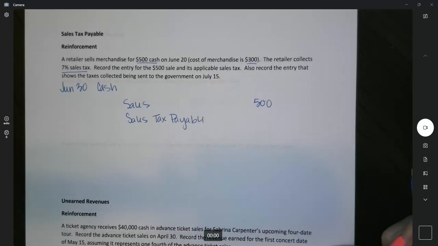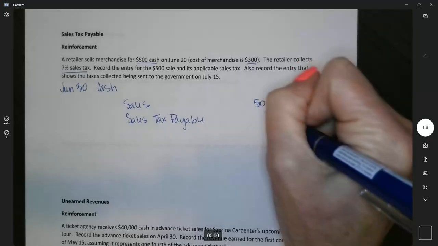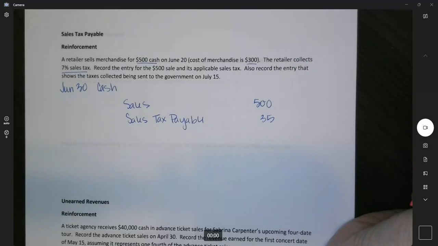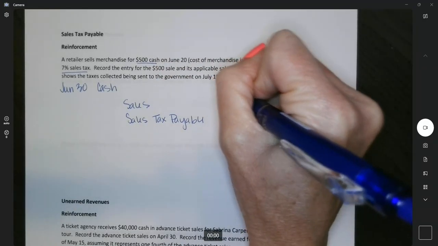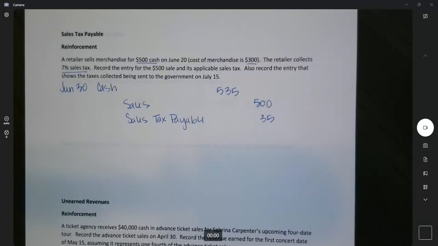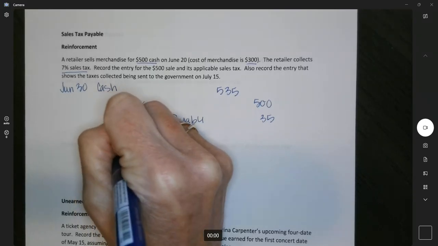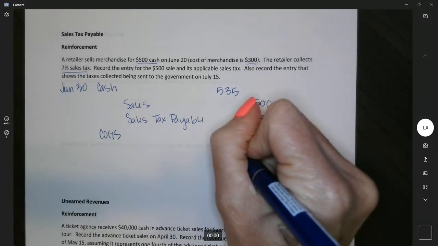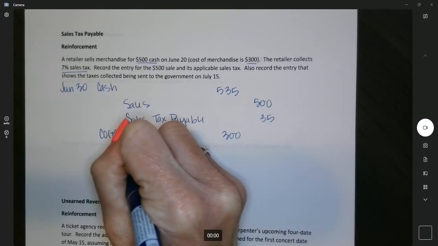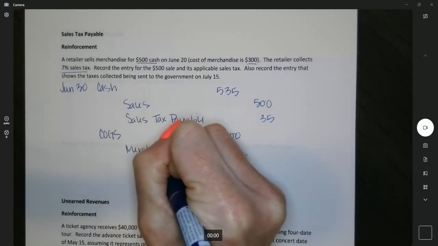We'll take that 500 times 7%, and we'll get $35. The cash will be $535 that we collected. The secondary part of this entry is where we show the cost of goods sold as our debit, and that's for the cost of the merchandise at $300, and we credit our merchandise inventory